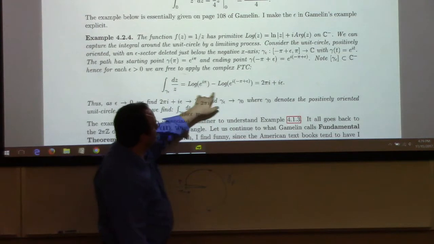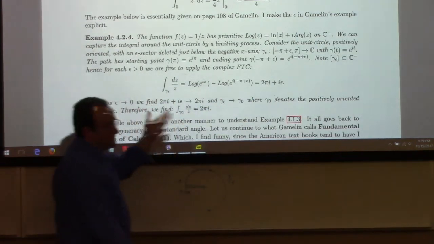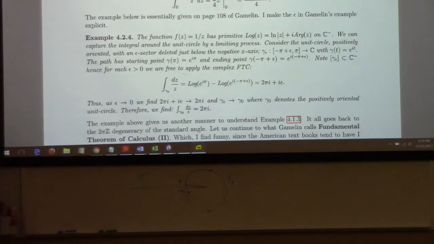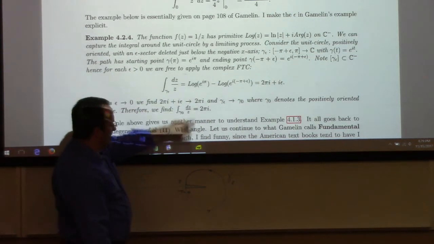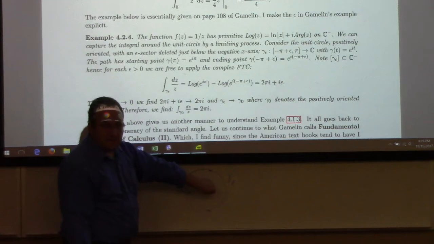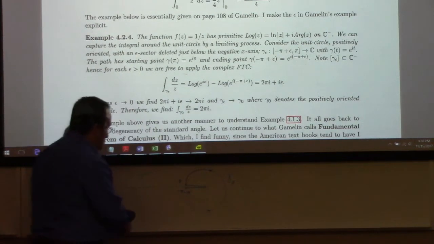which works out to 2 pi i, and that's supposed to be minus i epsilon, I think. But you see what happens as epsilon goes to 0, what do you get? 2 pi i, right? Now that would be a basic example of the residue theorem I talked to you guys about last time. See, because this function, 1 over z, has a singularity if you close the circle, right? You close the circle,